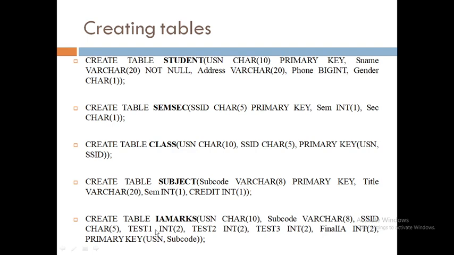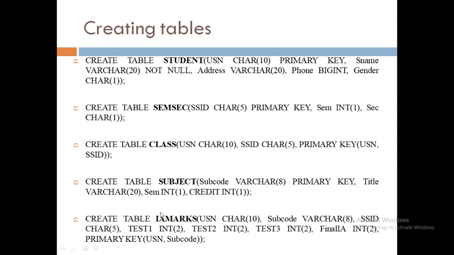Okay, and then test 1, test 2, test 3 marks and final IA marks. Here if you want to use decimal you can use, or else you can just put integer. The value which you are calculating, the average value will be rounded off. And the primary key is USN and subject code.